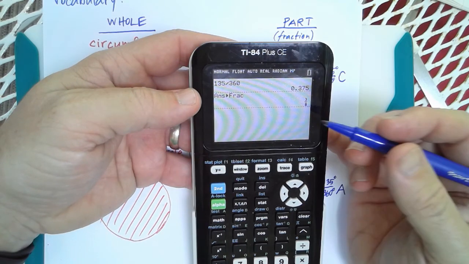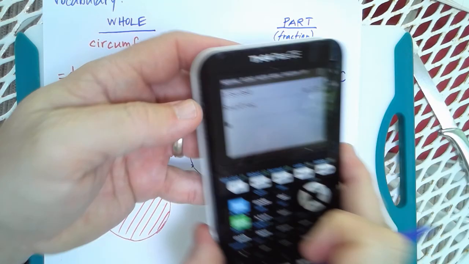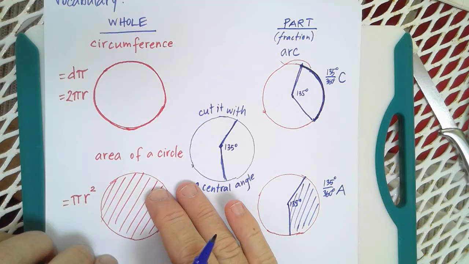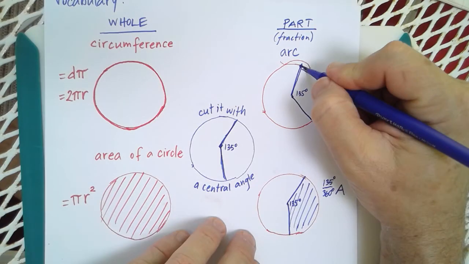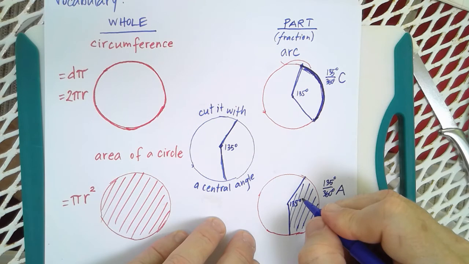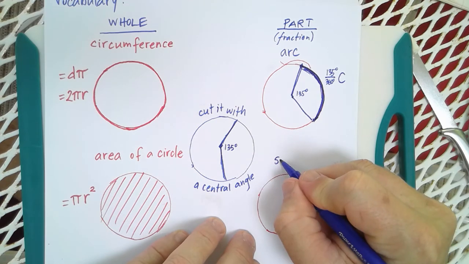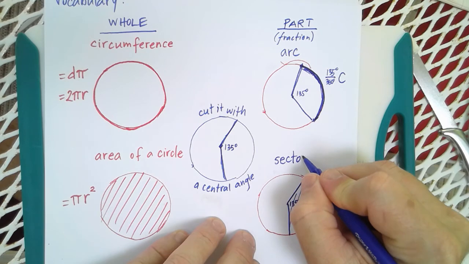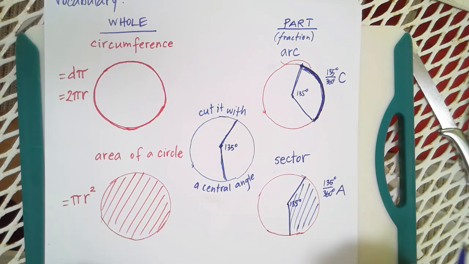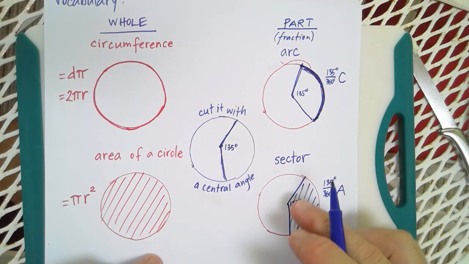So let me do one sample problem on this little notes page here. I mean, you could just take a screenshot of this. I suppose I could scan this document. We've got the circumference, the area of a circle, this little piece of the fraction of the circumference is called arc, and I didn't name this. What is this called? This is called the sector. So this week I would like to teach you how to calculate the area of a sector of any circle that you've been given. So let's say that they tell us that this radius is,